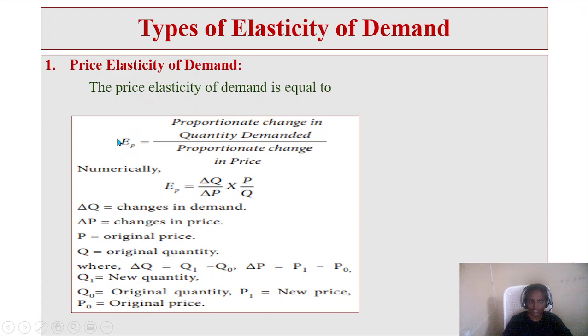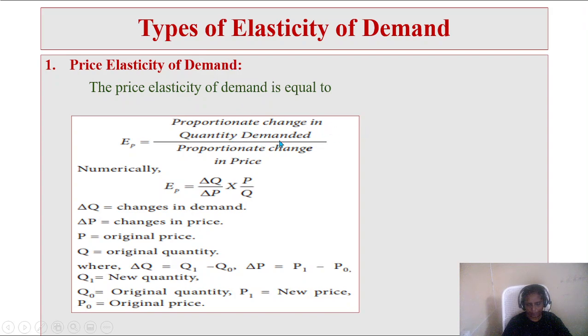EP indicates the elasticity of demand when there is a change in the price, or we can call it price elasticity of demand. Price elasticity of demand is equal to proportionate change in quantity demanded divided by proportionate change in price. Proportionate change means the equal ratio. So equal changes in the ratio of price will lead to